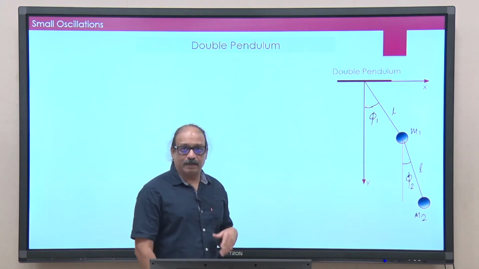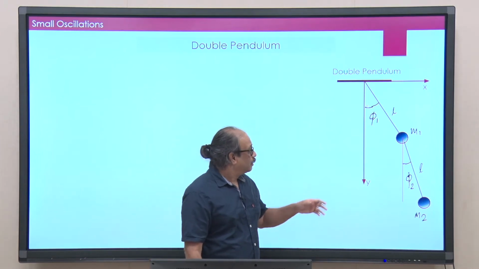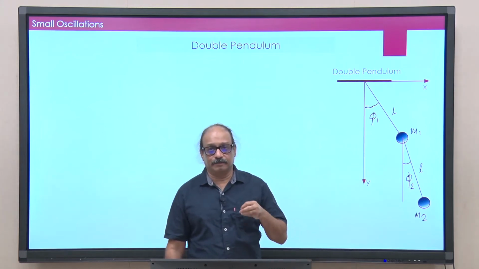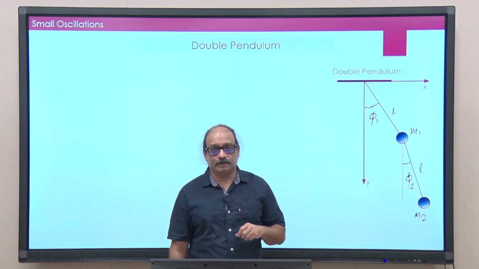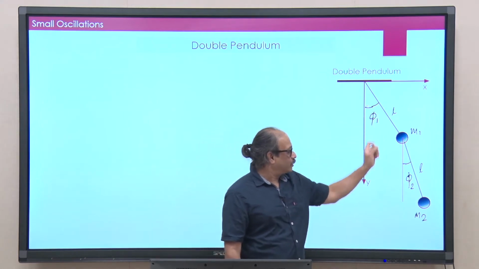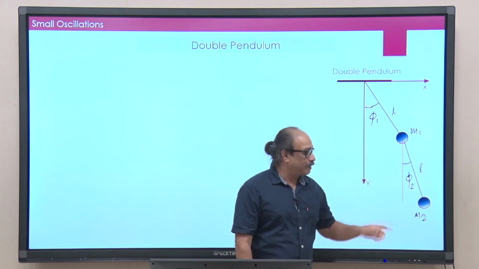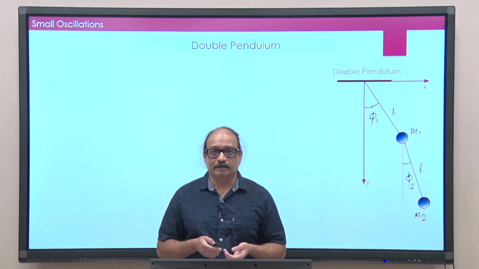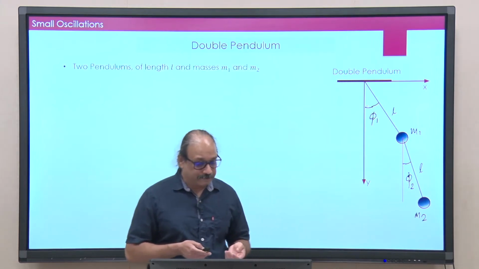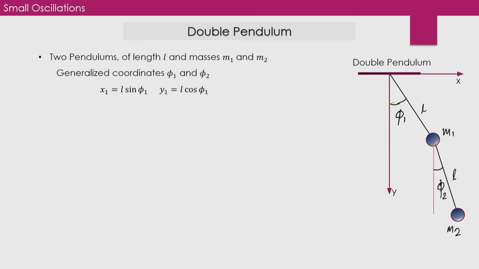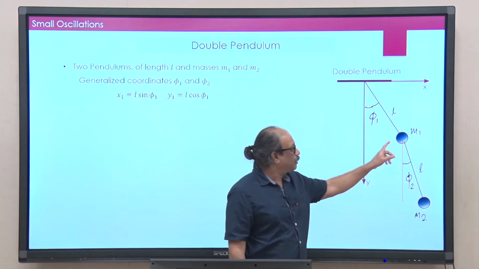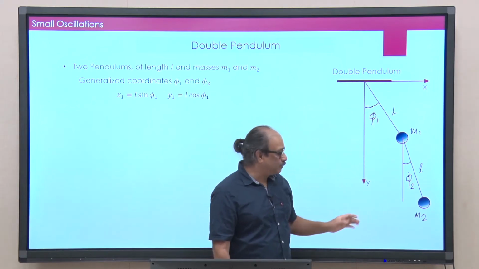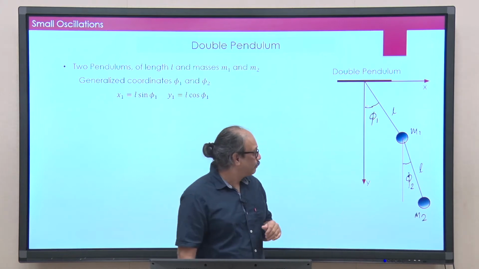The generalized coordinates, like we always do for pendulum problem, are phi 1 and phi 2. Basically you take the angle that the pendulum makes with the vertical, and it is measured counterclockwise in both cases. So, that is phi 1 and phi 2, and with these generalized coordinates I would like to write down the Lagrangian of the problem. I have already marked the x axis here as a horizontal axis and the y axis is the perpendicular, but I have taken it pointing downwards.